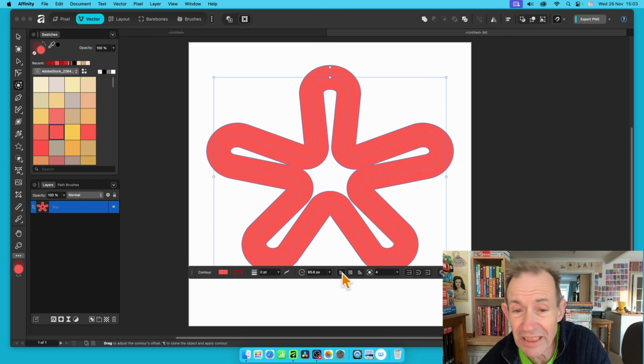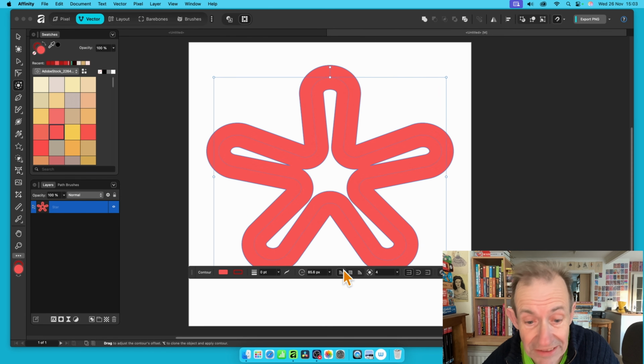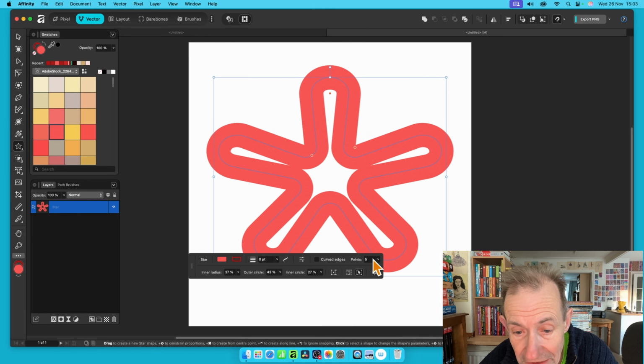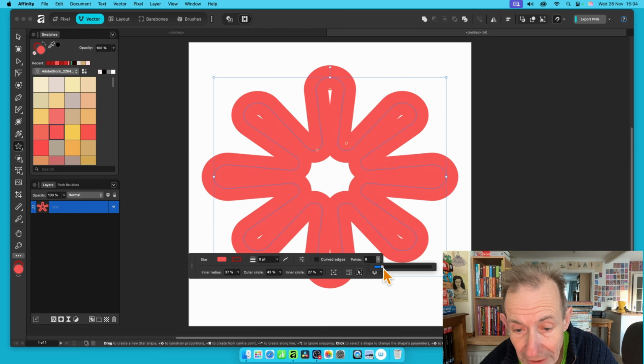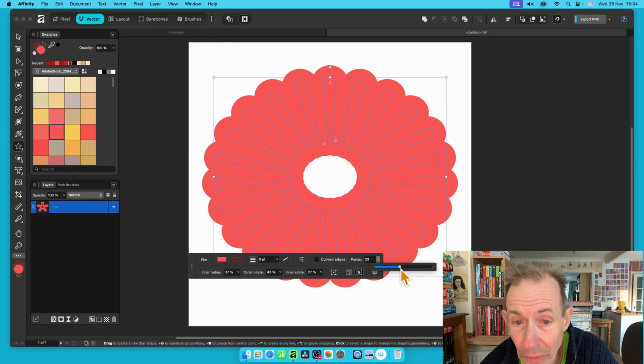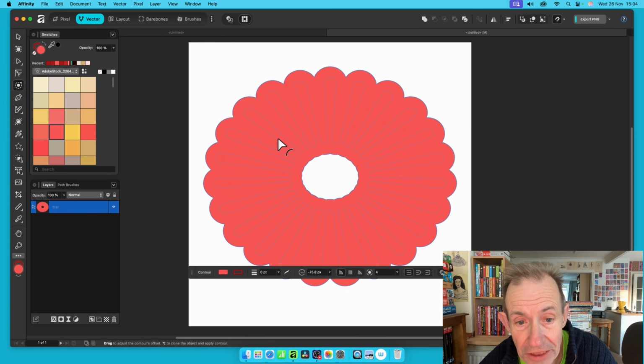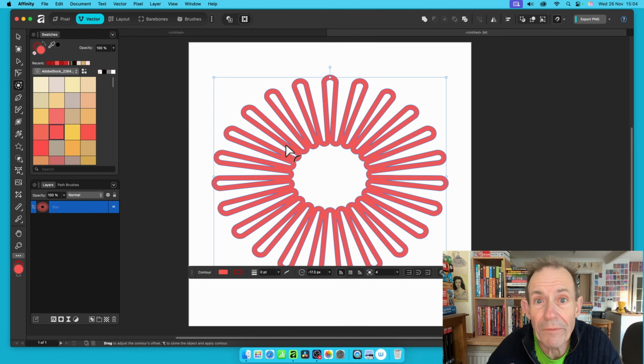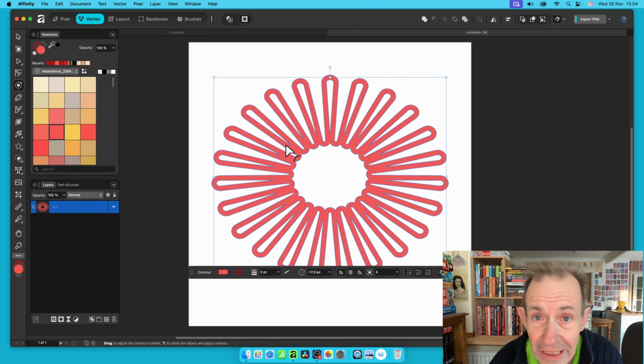Obviously, some shapes, it makes a difference. In some cases, it doesn't. And once you got this, you can then, of course, again, use bake appearance or continue to modify it. Let's go by going back to the star design again. And instead of number points there, I can maybe make that, say, 18 or 20. Contour tool, again, just to change that. And again, just push it down like that and create some interesting sort of flower-like designs super quick in Affinity